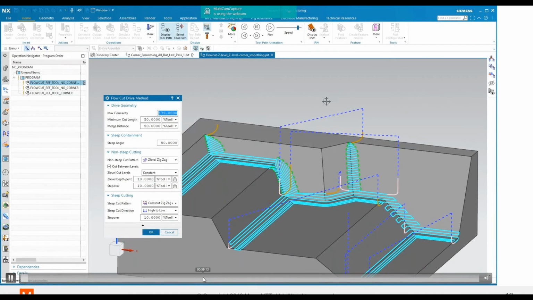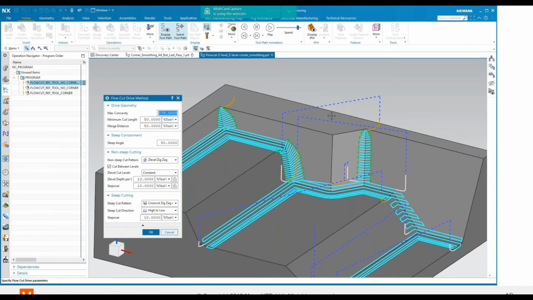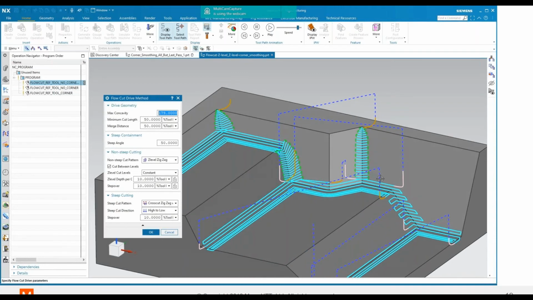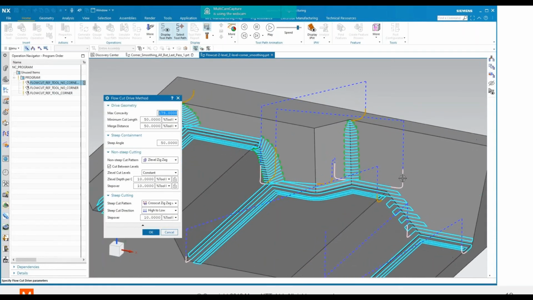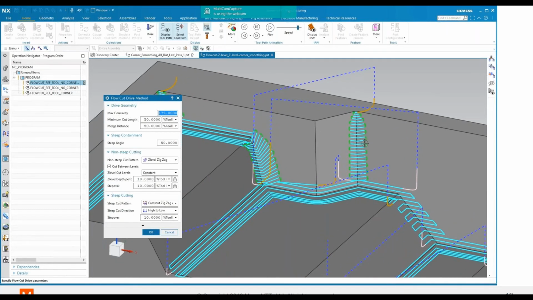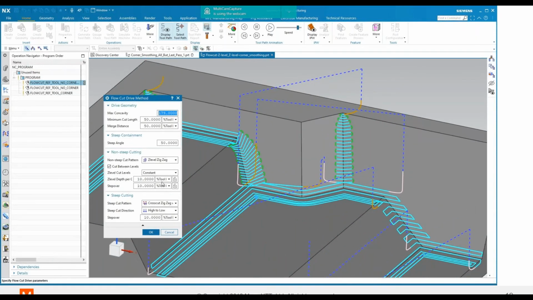Okay, here's an example using our flow cut technology. And the first thing you'll see is that we're working off of sharp edges. In other words, the fillets and rounds are not modeled here. The command does just fine with either situation. As with some of the other examples, I've got a really coarse step over just to make it easier to see what's going on. And as a review then, we've already talked about our ability to do non-steep and steep cutting and split that up in the same operation.